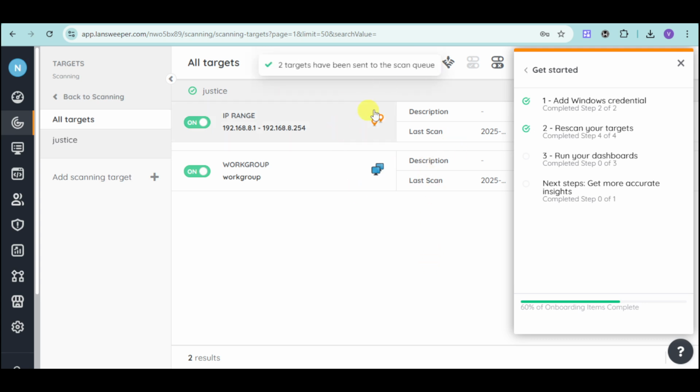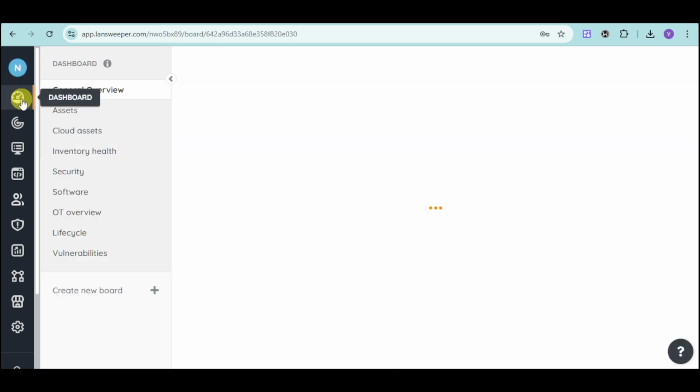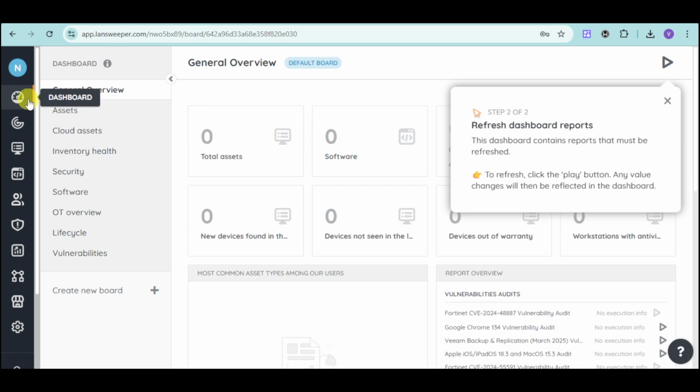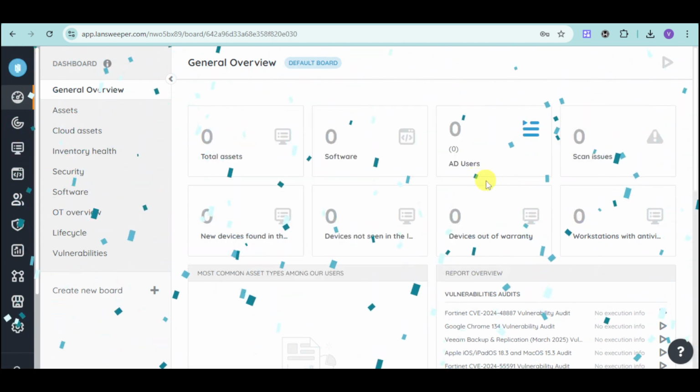And then this will scan all of your devices that you have added. Next thing is you can run your dashboards. So in here, you can just head over to your icon right here, which is our dashboard page. You can head over and refresh the dashboard by clicking on the display icon that we can see right here. And as you can see, you have now finished your initial